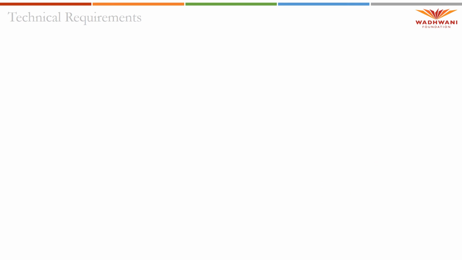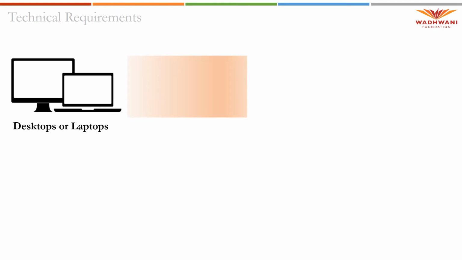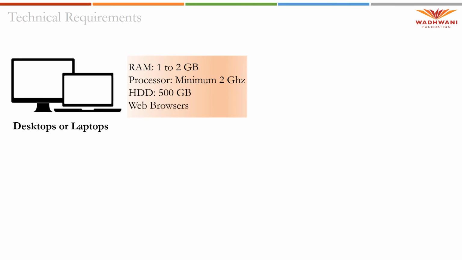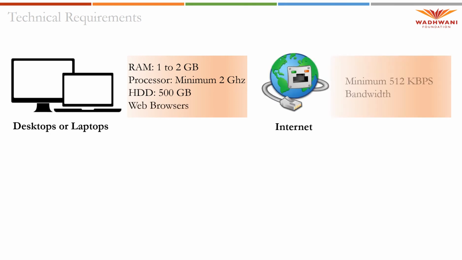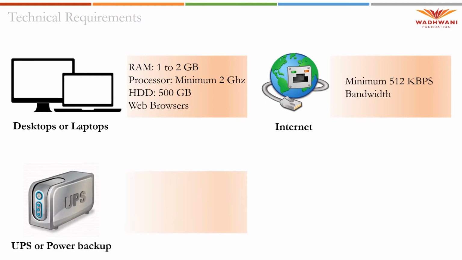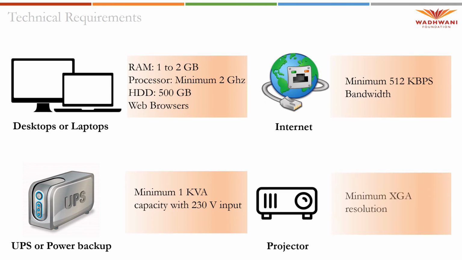Here are the technical requirements to run a course in a classroom. Desktops or laptops with 1 to 2 GB RAM, minimum 2 GHz processors, 500 GB hard disks and web browsers. Internet connectivity with a minimum bandwidth of 512 kbps, UPS or power backup of minimum 1 kVA capacity with 230 V input for uninterrupted power during the lessons, projectors with minimum XGA resolution,